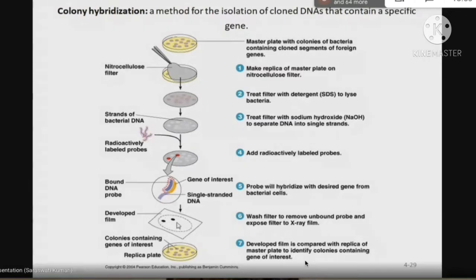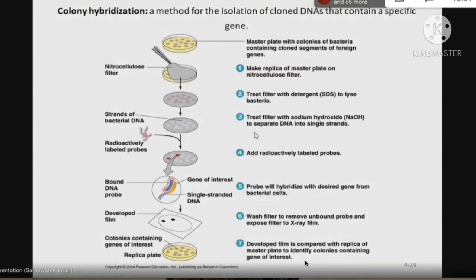So from this spot, you have to isolate. Here only there is a black spot. The colony here has died, and only DNA is exposed here. So from the master plate, we isolate the corresponding colonies. In this way, we can say that yes, these two colonies have our desired DNA. Since we have made that genomic library, that gene component is present in these colonies.